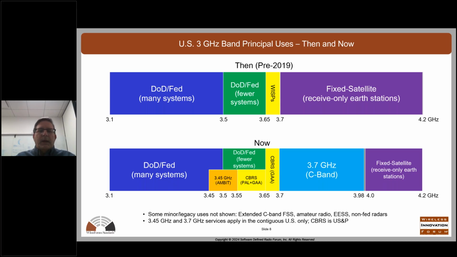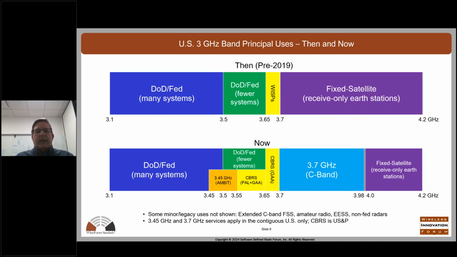That's only in the contiguous US because Hawaii, Alaska, other places still rely more on fixed satellite service, but it's an intensively used, very high power macrocellular type of thing, much higher power than CBRS, but that's what was cleared, and the auction revenue went to help pay to move the fixed satellite service out of that band and put them up in the upper 200 megahertz. And then finally, the 3.45 to 3.55 gigahertz band, which is called the 3.45 gigahertz service, that's its official name,